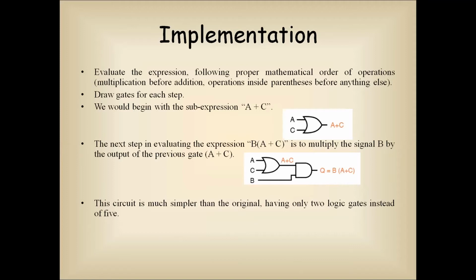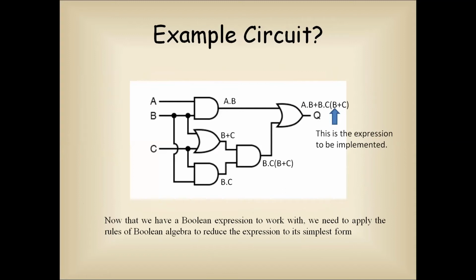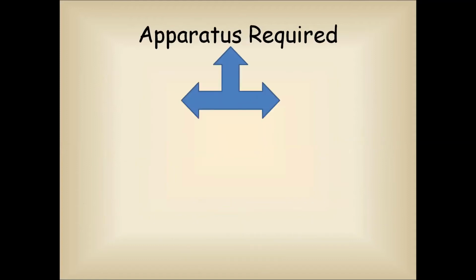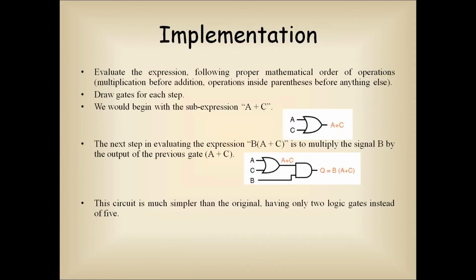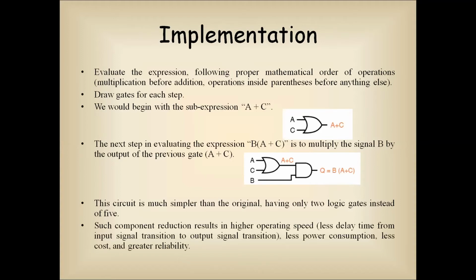Now you can observe I need only 2 gates to implement this, whereas in the previous case we needed 5 gates for the same expression. That is basically the strength of simplifying an expression. The main reason why we go for simplification is to reduce factors like area and power consumption, and to increase the speed of the circuit, and all such things. So always try to simplify the expression and then implement it.